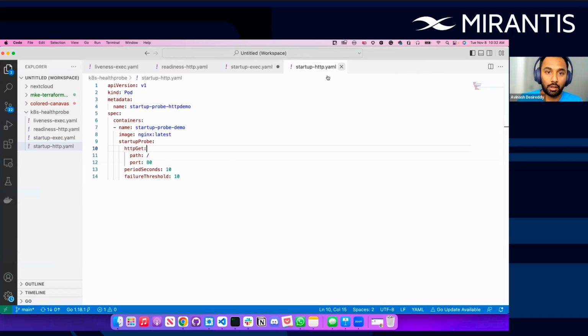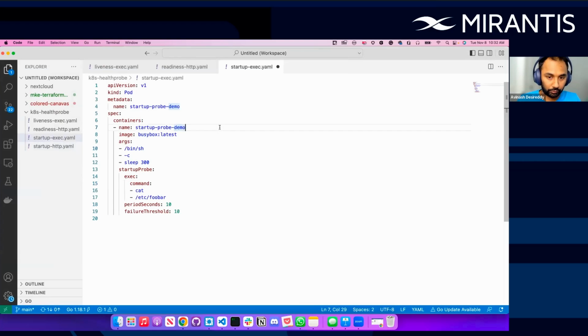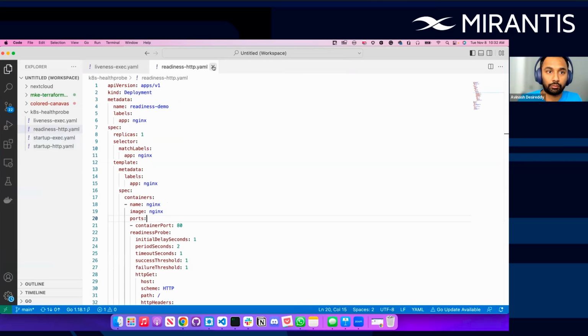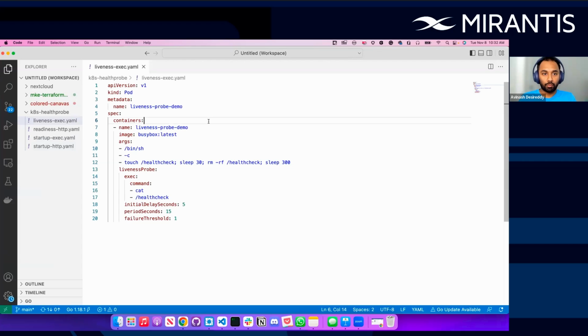Okay, let's start with Liveness Probe. So here, this is a pod specification, and inside the specification, we are seeing there's a container named Liveness Probe demo, and this is using a busybox image. When the container starts, what we are doing here is creating a file and then just waiting for 30 seconds and then removing that file. So let's see what happens